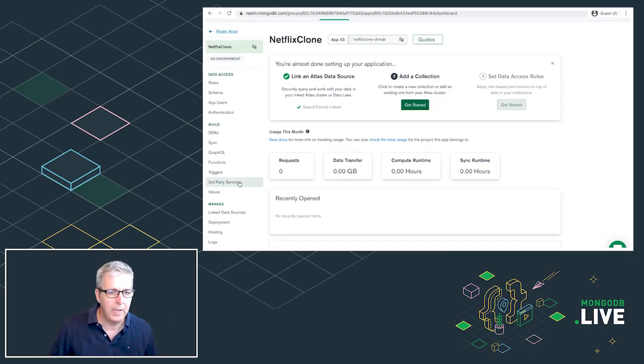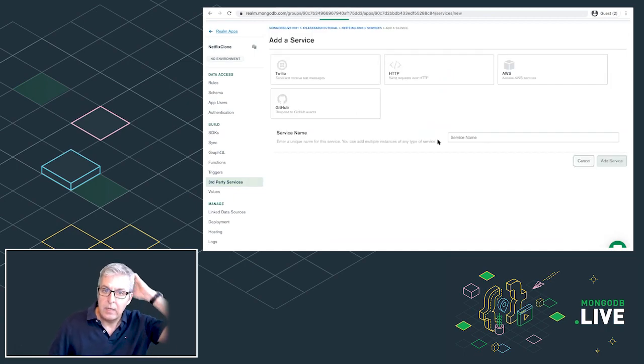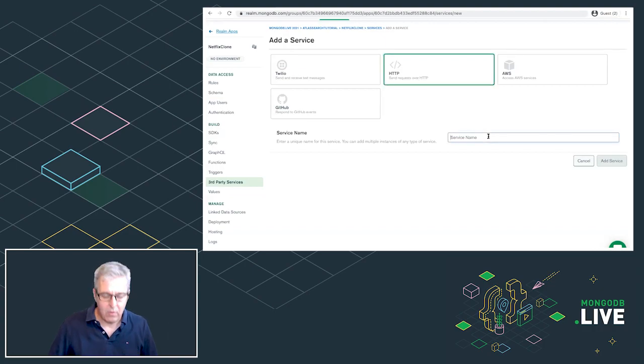And so I want you to go ahead and click that menu item. And then we currently don't have any services, so I'm going to add a new service. And you can see there's multiple service types supported. We're going to create a generic HTTP service. And let's just call this the movies service and add it.